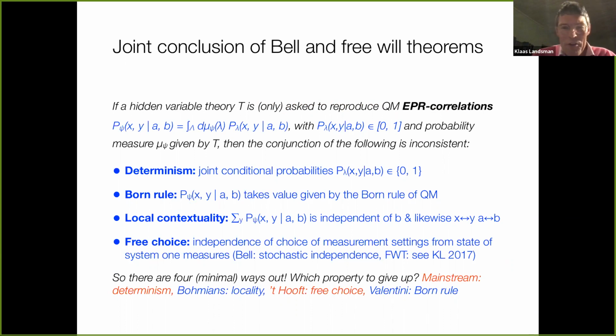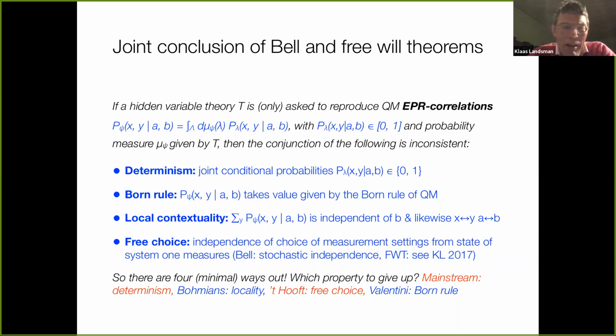Right, so just for those who are not so familiar with this whole literature on hidden variable theories and theorems about them, I would say it was initiated by von Neumann. So if a hidden variable theory T is asked to reproduce correlations, and I will now say it is only asked to do that, in the usual way written down here in blue, and is asked to provide a probability measure given by the theory, making the statistical predictions of the theory compatible with the Born rule predictions of quantum mechanics, then these theorems like